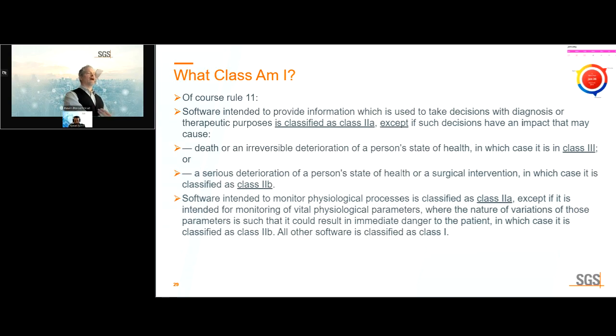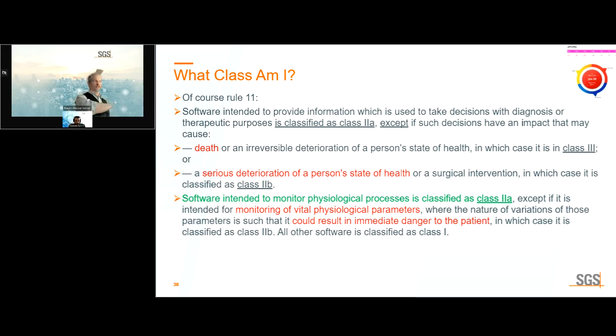So how do we look at this? I want to give you a little bit of an insight. Knowing what we know of this device, how does my brain or any assessor's brain look at this rule and parse it? As I read through, my brain is saying yes and no. So you'll sort of see this color coding for how I'm looking at it. Software intended to provide information. Okay, yes, used to make decisions with diagnosis, therapeutic purposes. So yeah, it's Class 2A, except